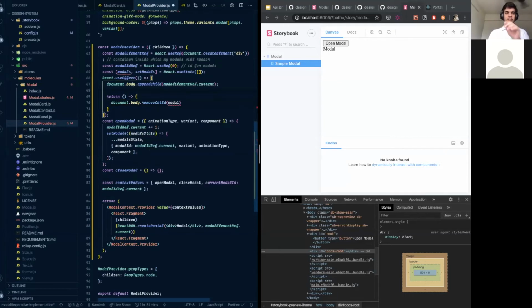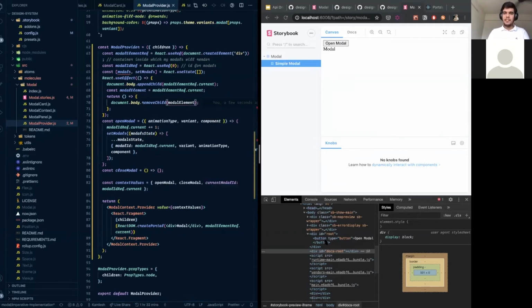Okay, I want to say const modalElement equals to, this is to maintain the cycle, element.